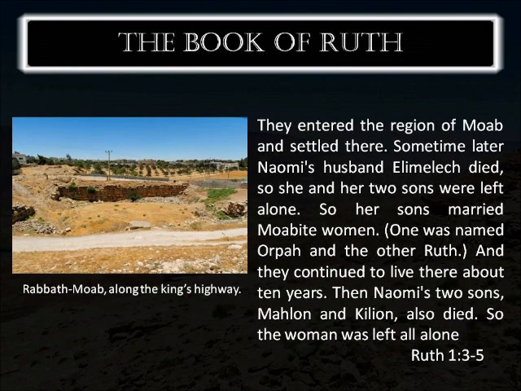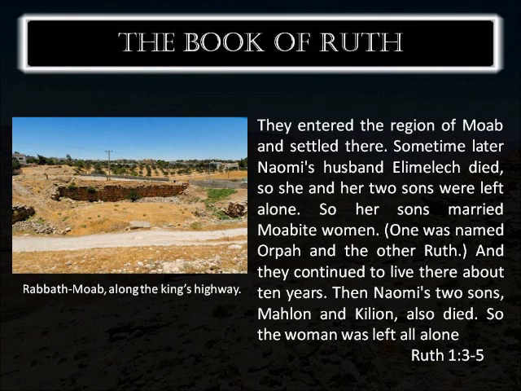But you know what they say, when it rains, it pours. And within the next 3 verses, we find out that Elimelech, the husband of Naomi, is dead. We don't know what he died from, but we do know that he passes away. And then his sons marry Moabite women. One is named Orpah, the other is named Ruth. And they'll continue this way for about 10 years.